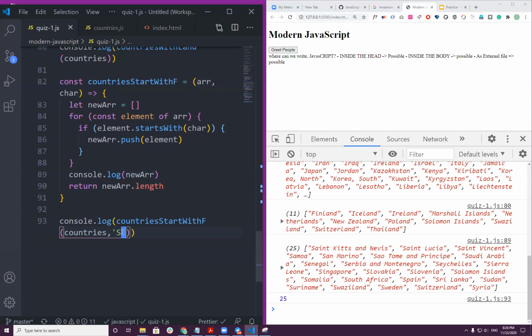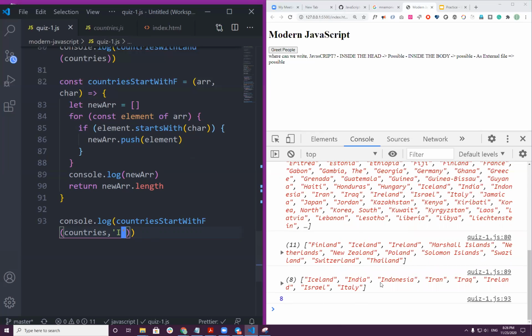And if you see I, starting with Ireland, India, Indonesia, Iran, Iraq. Yeah, so have you seen JavaScript is fun? Is it not? You can do whatever you want, whatever you imagine.